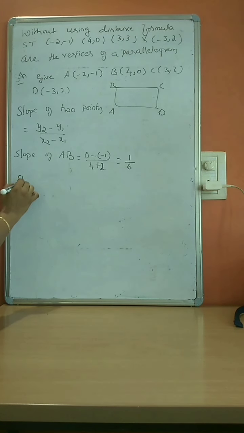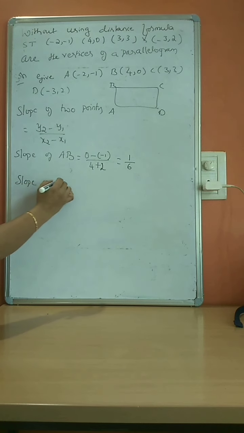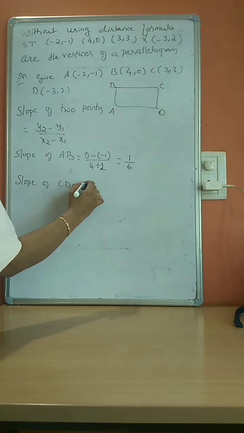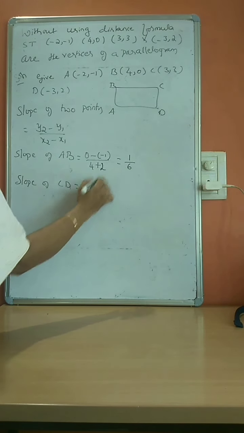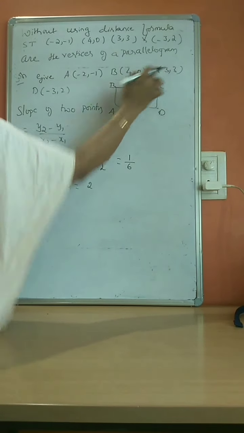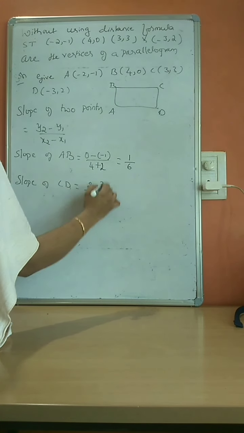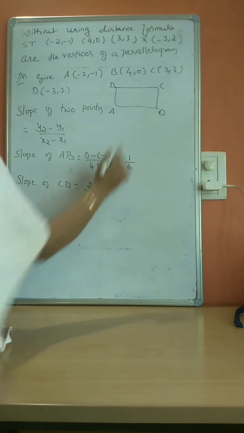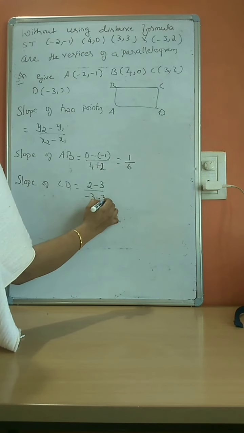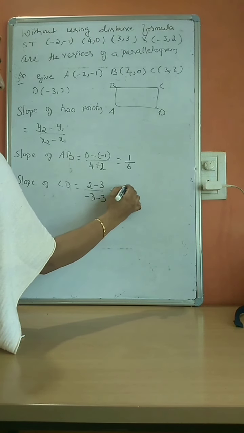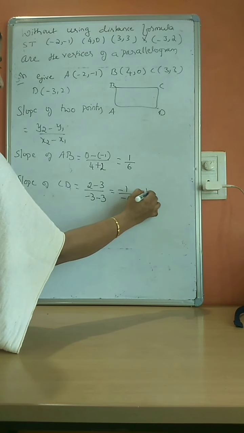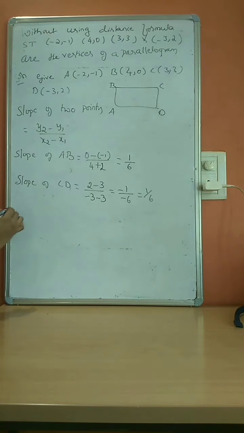Now we are going to find the slope of CD. Slope of CD, comparing these two, y2 minus y1 whole thing divided by x2 minus x1. That is, minus 1, minus 2, minus 3 is minus 1 divided by minus 6, which is equal to 1 by 6. Similarly, you can go for